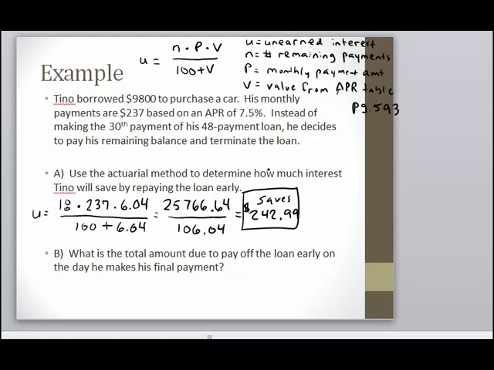So we know that he has 18 payments remaining, excluding the 30th. So first of all, let's determine how much principal he has left to pay on the loan. In order to do that, I'm going to take 18 and multiply by 237. He has 18 payments left, excluding the current one. Each of those payments is $237. So he owes $4,266